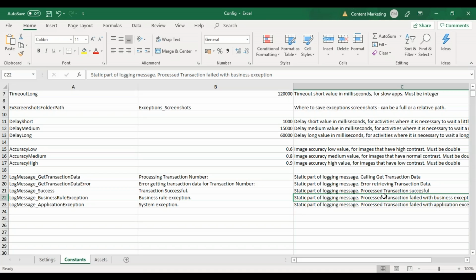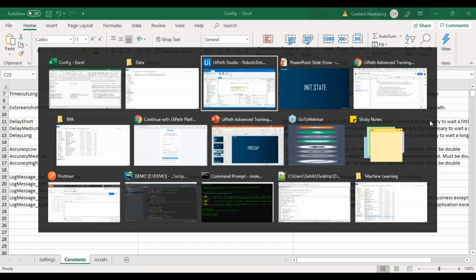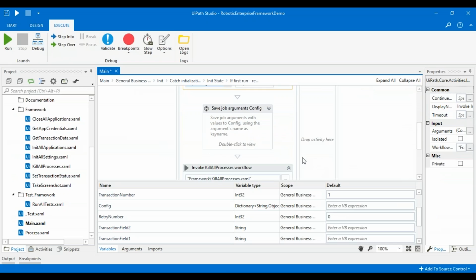So basically, guys, this was all about the config file. With this, we come to an end of understanding the config file. Over here, we understood the three main sheets that the config file has: the settings, constants, and the assets. Now, once the config file is read, if you move back to our UiPath Studio, the next